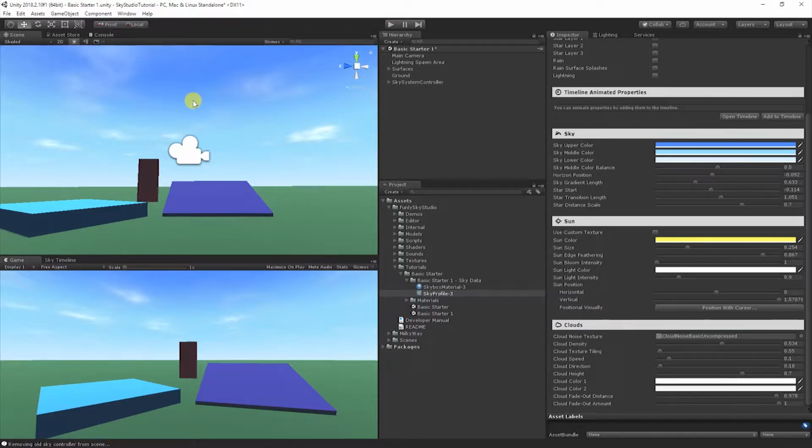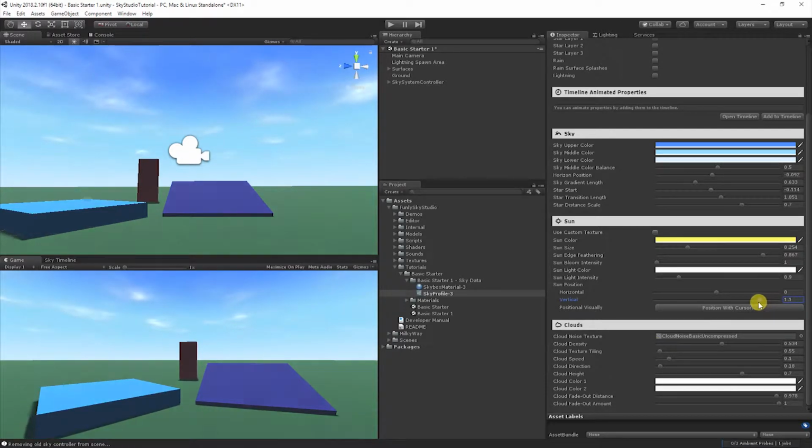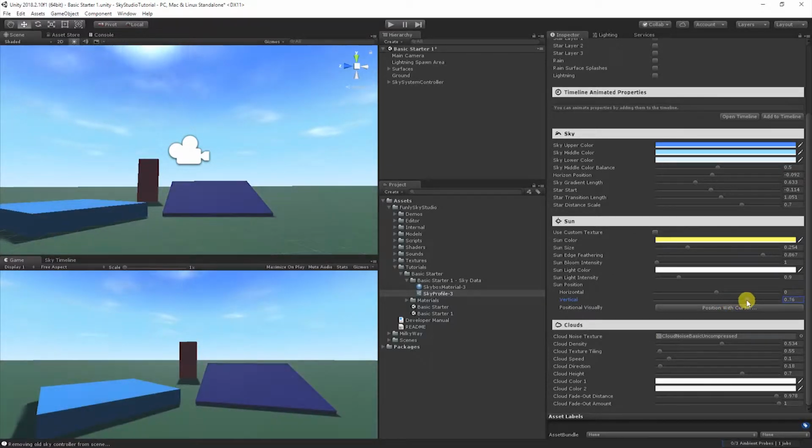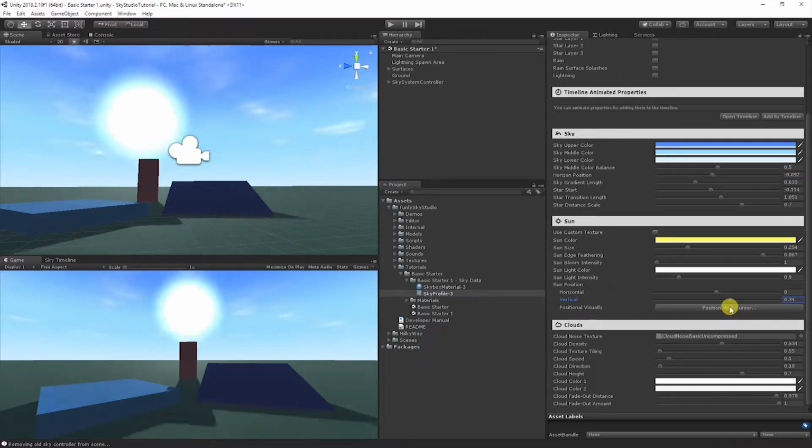So first, right now the sun is directly above us. Let's go ahead and move it a little closer towards the horizon so it's easier to look at. To do that, you can manage the sun's position horizontally in the skybox, which would be as if you're rotating around the y-axis, or you can manage its vertical position, which is basically its elevation from the horizon. Since it's directly above us, we know we just have to pull down the vertical elevation, and you'll notice it comes into place. As I'm moving that, you'll notice that the shadows are changing in the scene, and that's because